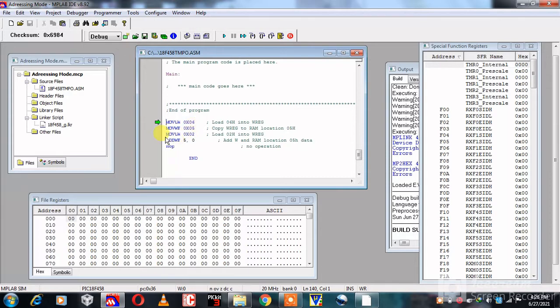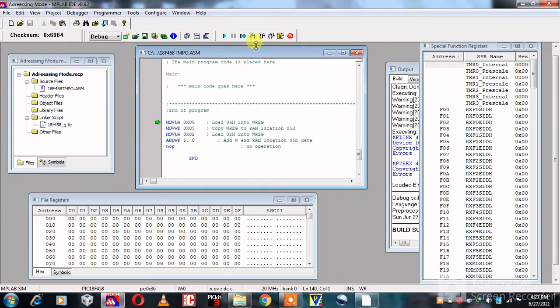Then again load literal value 0x02 into working register. The next instruction is ADDWF 5, 0. The both values from working register and RAM location 0x05 are added and data is stored into working register.